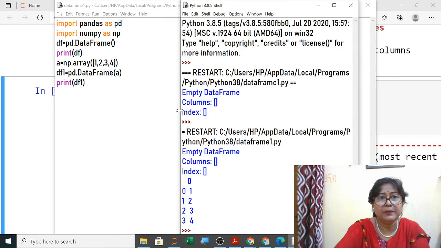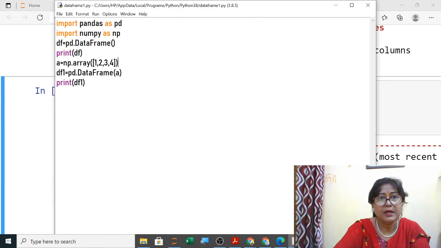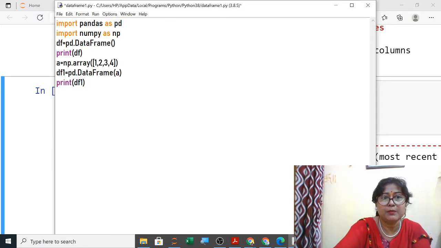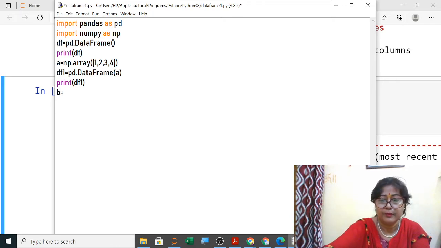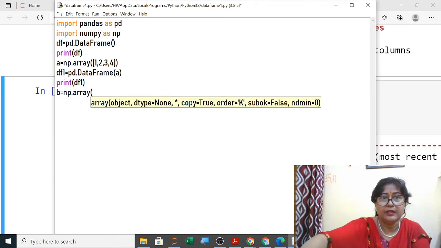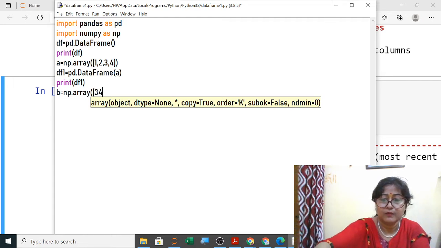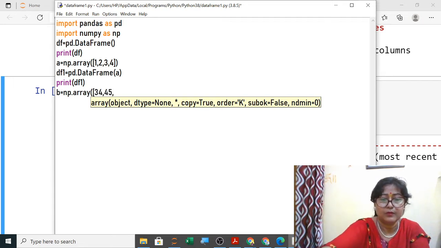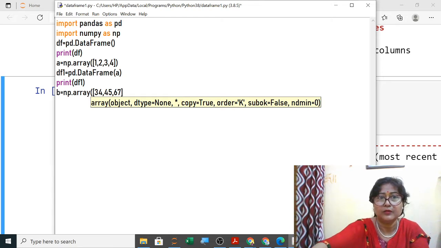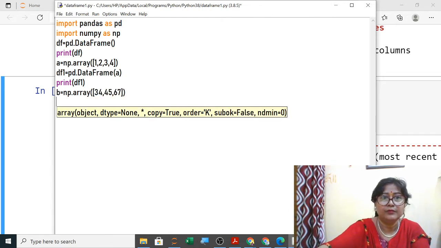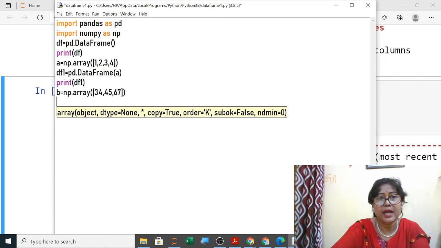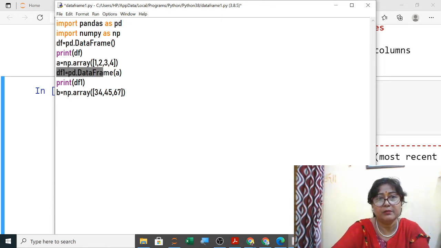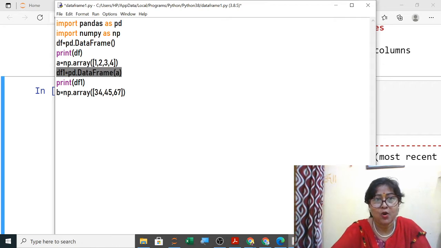So now with multiple arrays we will try. So multiple arrays will be, A already is there, now B and C. Suppose B is having np.array. Yes, now we are creating A and B. So here your data frame will be, I am copying from here.